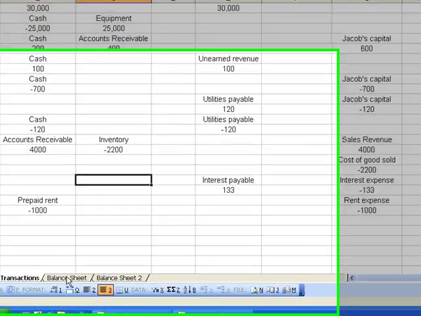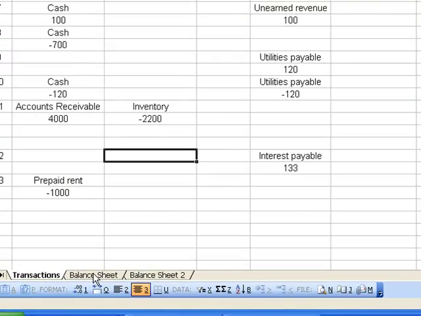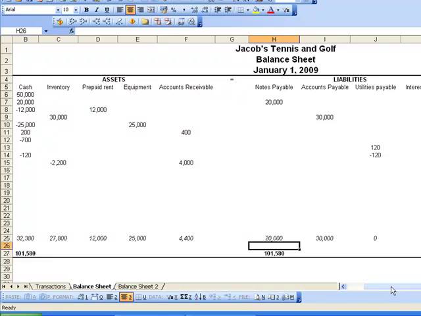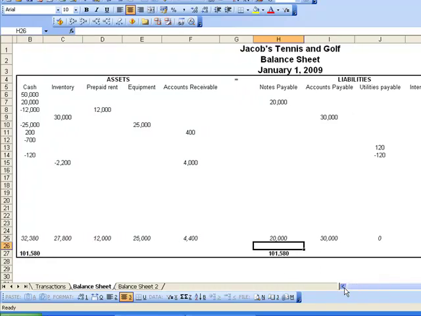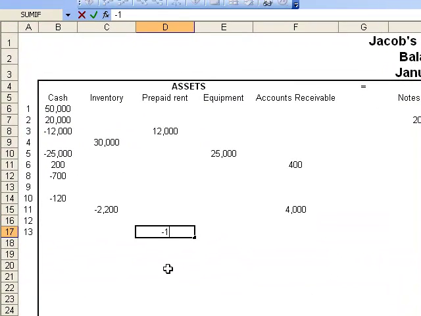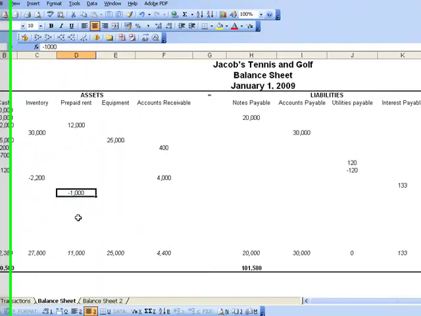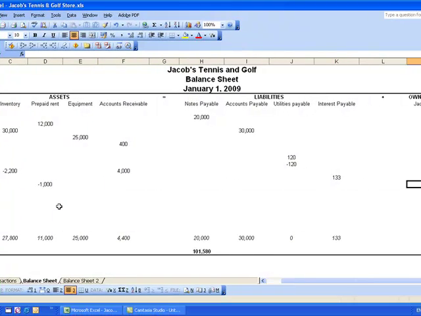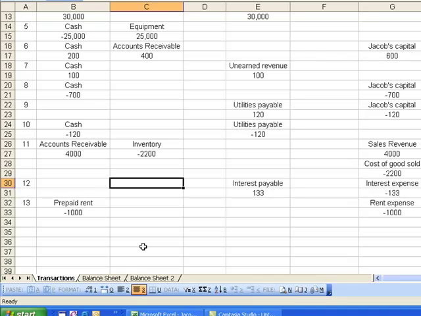Alright, so the third transaction, number 13, about rent. So our prepaid rent decreased by 1,000 for the month of January recognition, and we also incurred rent expense, which is also a decrease in owner's capital. Again, balance in our transactions. Having updated our balance sheet, let's move on to the next